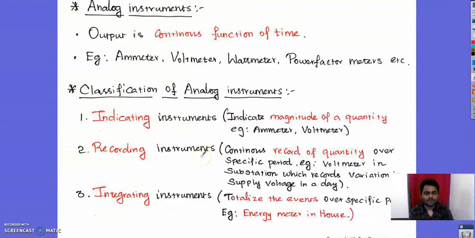And recording instruments give a continuous record of a quantity over a specific period of time. For example, if we have gone on industrial visits to power plants, in the control room there will be a voltmeter. That voltmeter records the voltage which is being supplied or